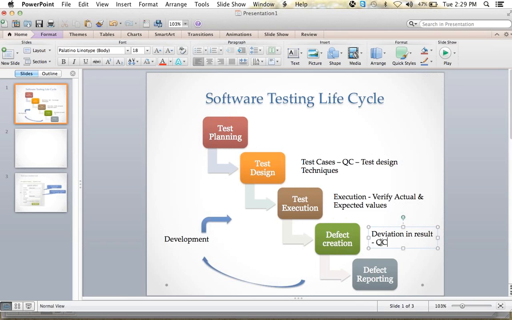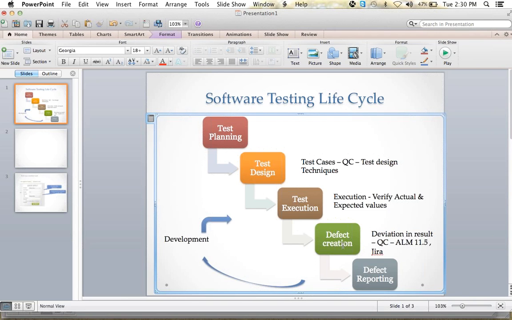You can use either Quality Center or Jira. So there are certain tools for this defect creation. Whenever we find a deviation in result, we'll go ahead and create those defects in QC and Jira. There are so many tools in the market, but these two are a bit popular and widely used in the IT market, so I'm mentioning these names. Jira is a product of Atlassian company, and QC is from HP. Now QC is modified to ALM, so we need to call it ALM, not QC. It is 11.5, the latest version.